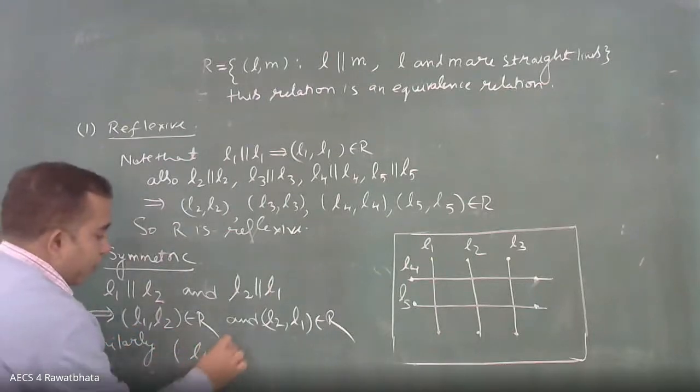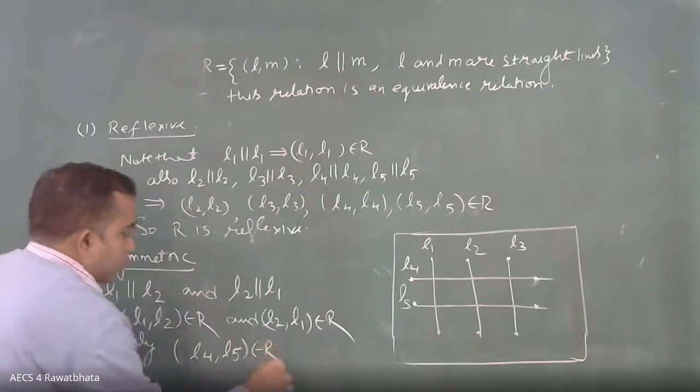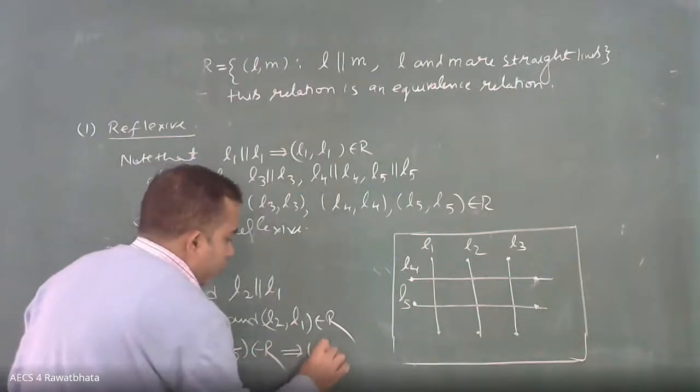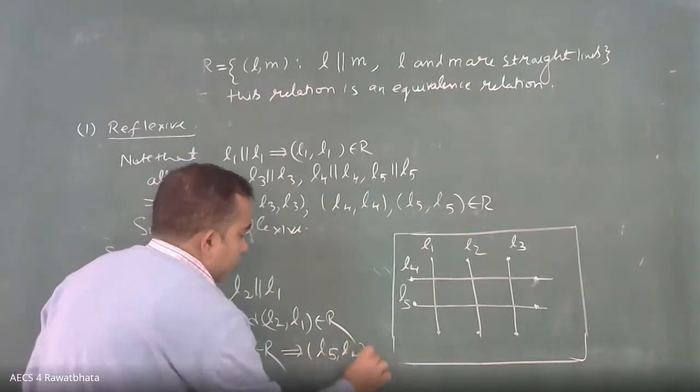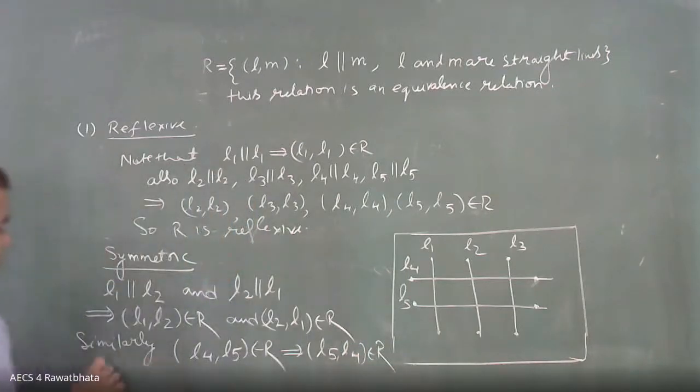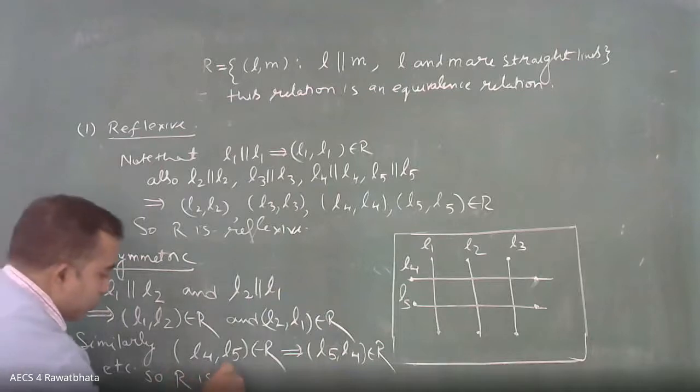L4 L5 belongs to R. So this also implies L5 comma L4 belongs to R,